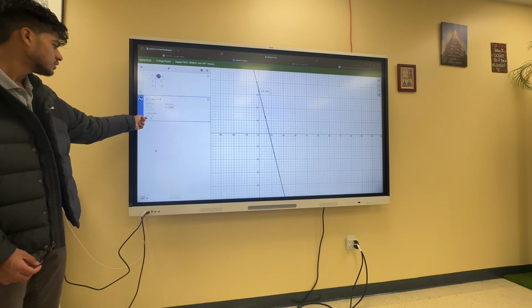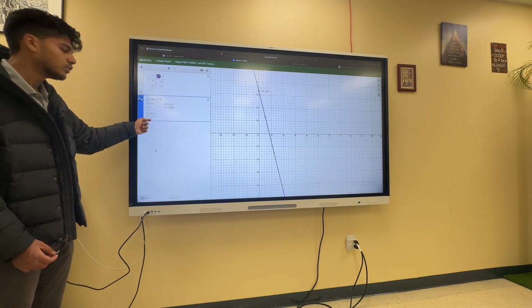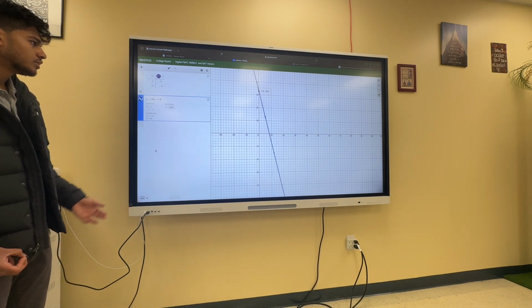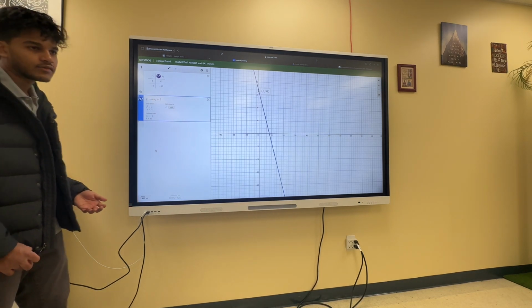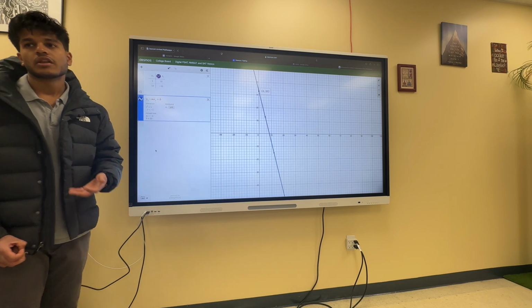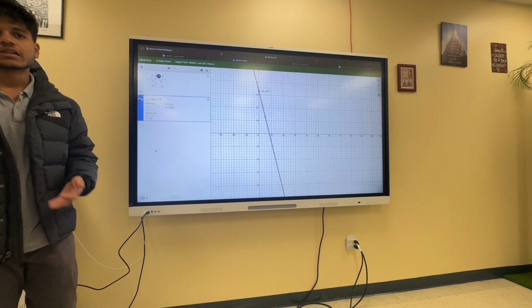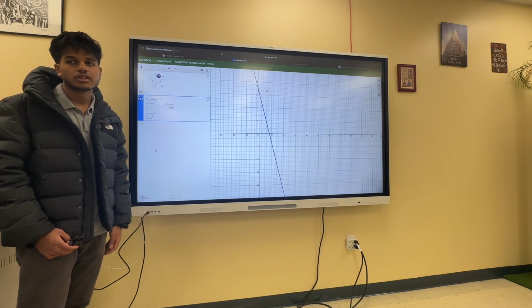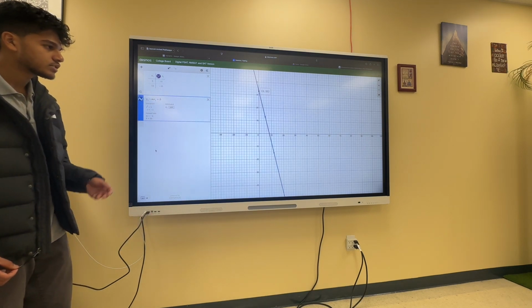But here, we can literally see where it says m equals -4. It's giving you the value of what m is, which is the slope. The slope is going to be -4. I could have easily done y2 minus y1 over x2 minus x1, which is the standard way of finding the slope. But that's going to take me a lot of time, and I don't have time on the SAT. So, given this calculator on the SAT,